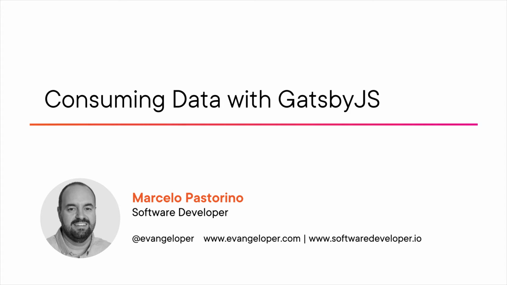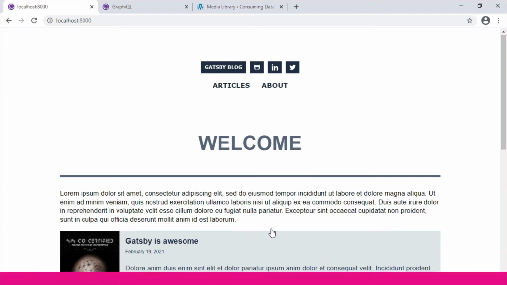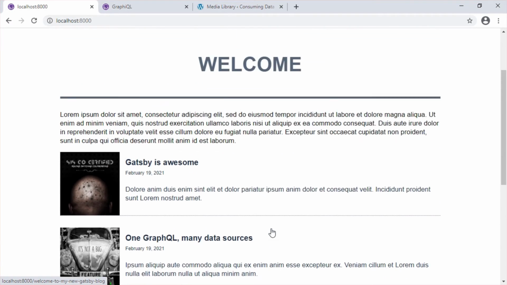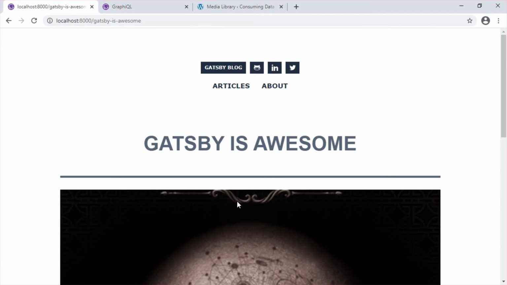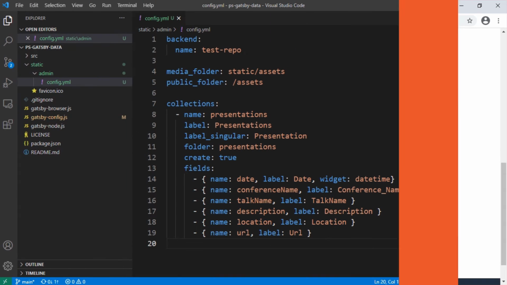Designing and developing software is my passion, and I must admit, I am in love with GatsbyJS and the Jamstack architecture in general. I am also delighted that you're here seeking to learn more about this awesome technology. This course is all about GatsbyJS and data, and how to consume it from different data sources, both at build